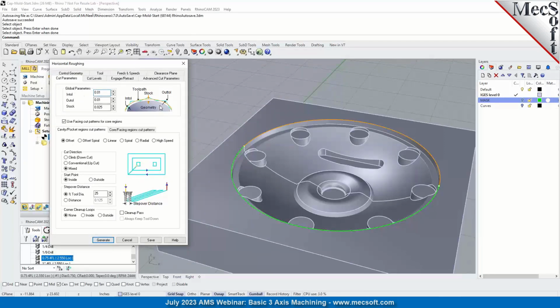Now, by default, every operation, every parameter has a default value when you first install the product. So it makes it really easy for you to generate a quick operation. If you just want to select a containment, pick a tool, and generate, it'll come up with a tool path. Well, we're going to look at each parameter and see what we need to change, if we need to change